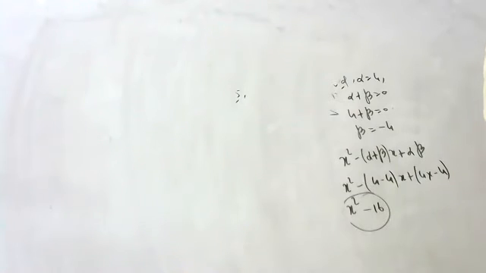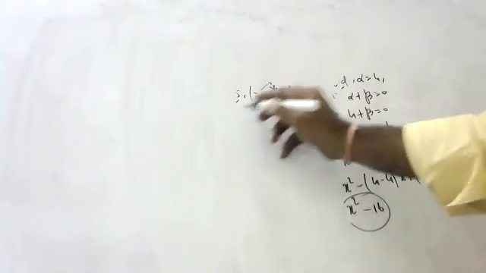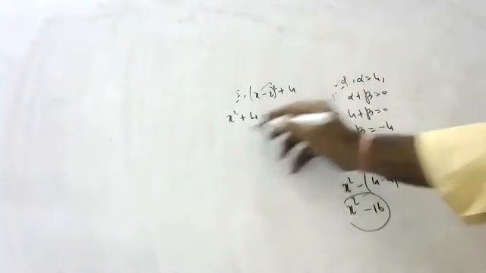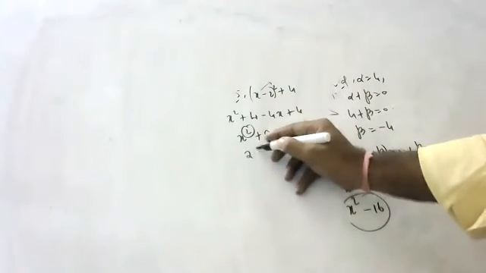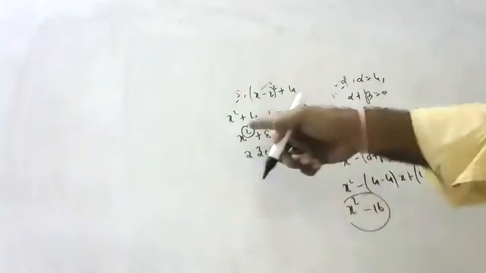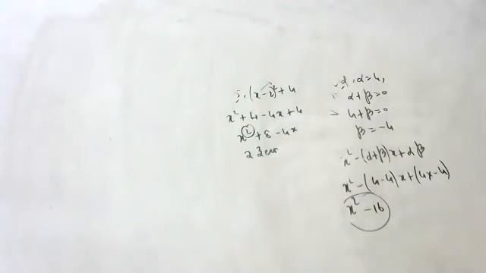The number of zeros that the polynomial (x minus 2) whole squared plus 4 can have is how many? Expand this, children. x squared plus 4 minus 4x plus 4, which gives x squared minus 4x plus 8. Highest power is 2, so it will have 2 zeros only. Whatever is the highest power, that many zeros it will have. Highest power 3, 3 zeros. Highest power 4, 4 zeros. That many zeros only you will be having. Children, next one.